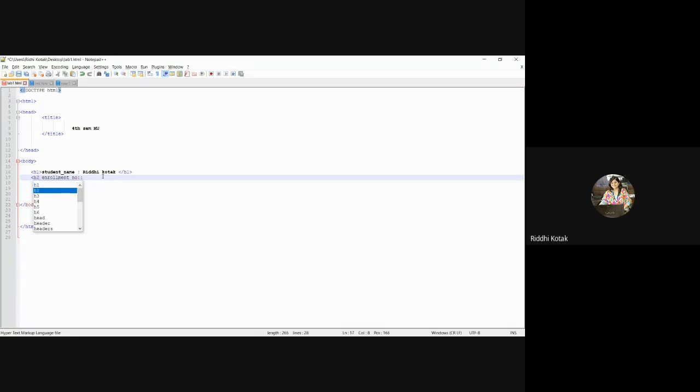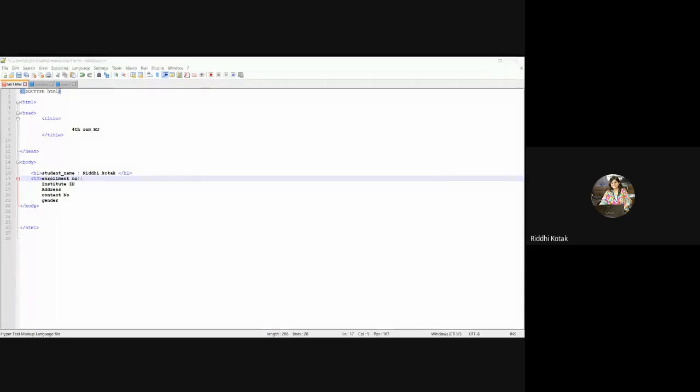Second thing, you can refer to W3Schools. I don't know whether you have heard about W3Schools or not, but you can refer to this website for your easy understanding.